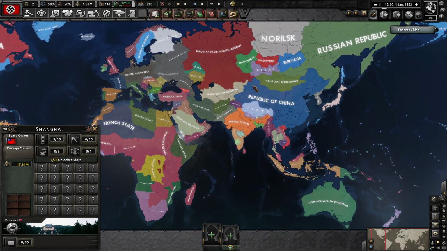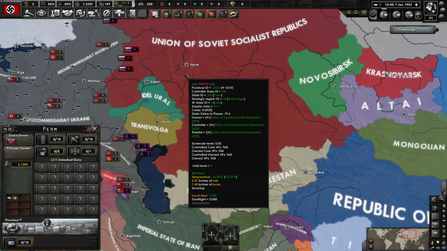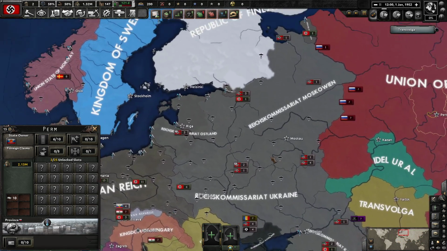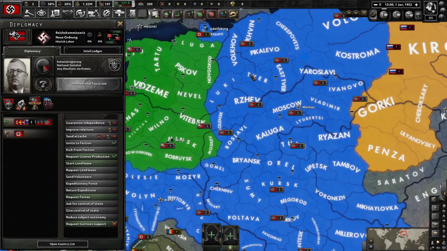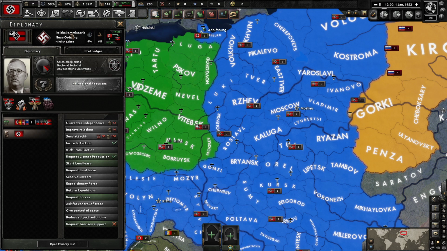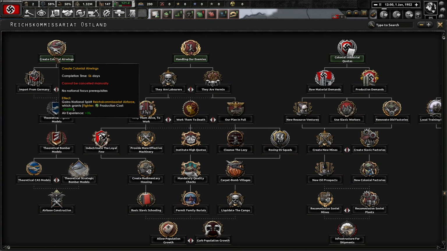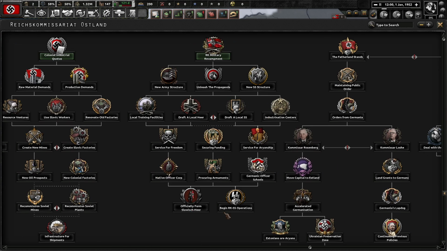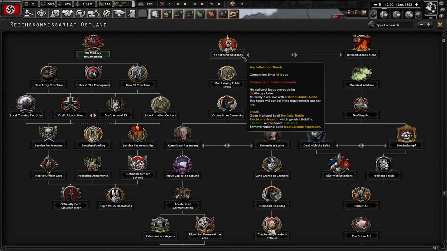Now, before we take a look at the USSR, which again becomes a major very, very quickly, but at the beginning it's quite small, we're going to take a look very quickly at the Reich's Commissariat focus trees. Essentially, they have a shared focus tree where they can do stuff. And at the end, they get the choice between...